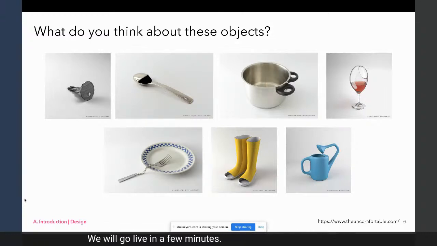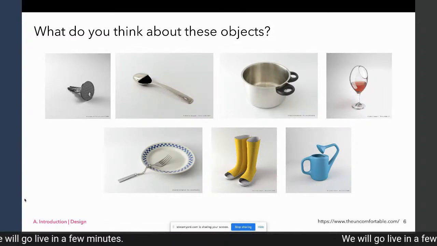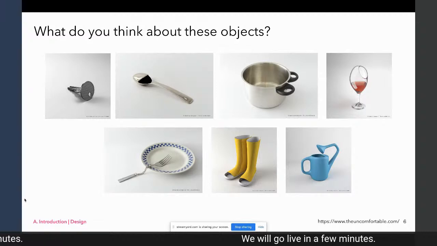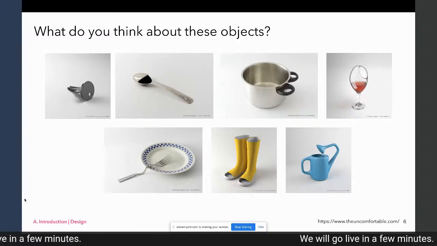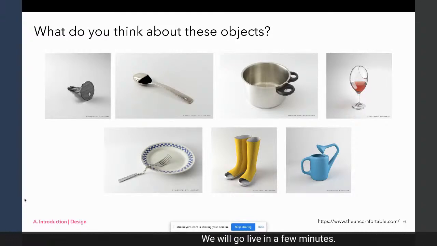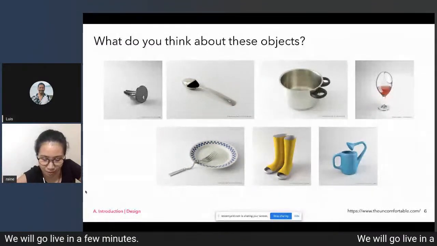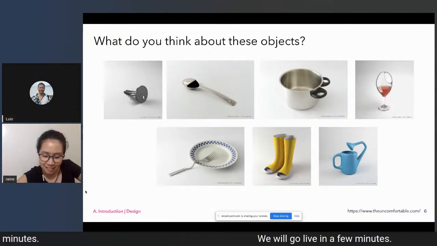If you can comment na lang siguro, no? What do you think about these objects? How can I see your answers? Sorry, Luis. Is this possible? Can we get some feedback from the audience?